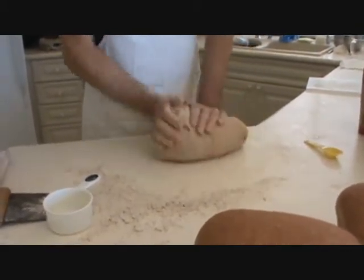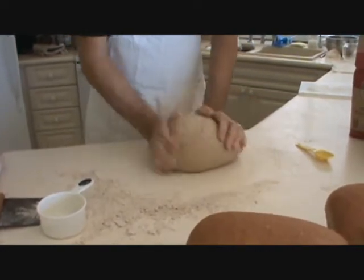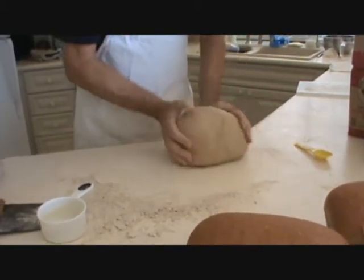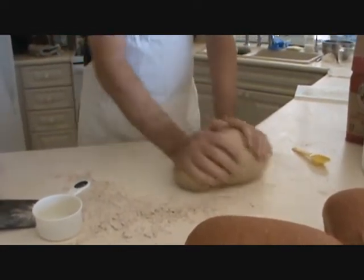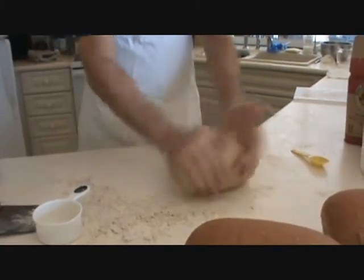One of the ways you know that the dough has been kneaded enough, at least this is my technique, is it begins to resist folding on itself like that. This is not resisting at all, and you can actually feel it kind of not wanting to join together. The other thing you can do